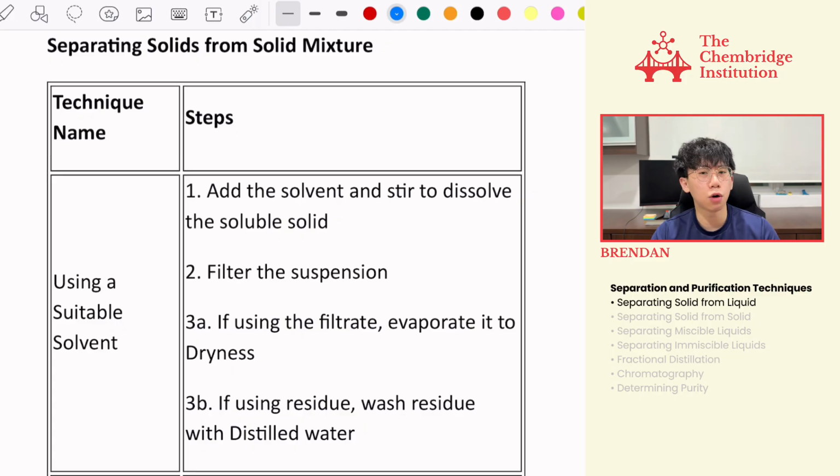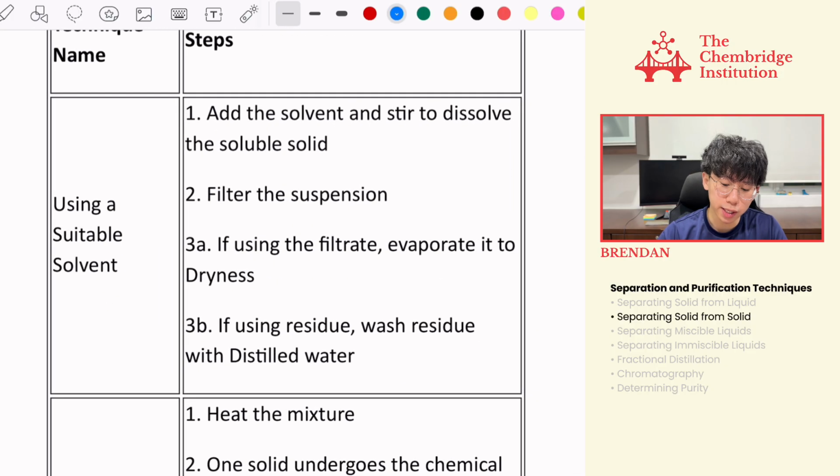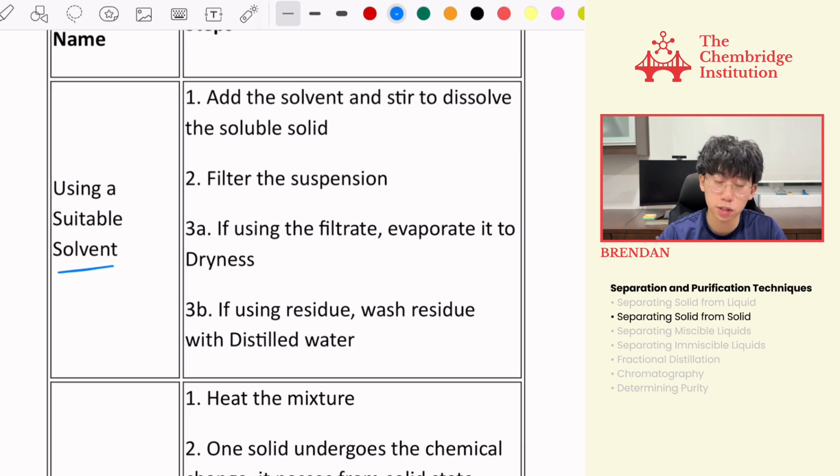We have to also think about how we can separate solids from solids, because sometimes we do have a mixture of solids itself. One way is that we can use a suitable solvent. If we find that one solid is soluble and the other one is not really soluble in another solvent, we can use this to separate. So first we add the solvent, we dissolve the soluble solid, and then we filter. So when we filter, what's going to happen